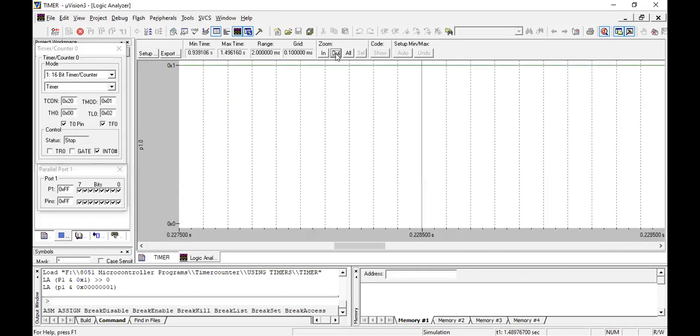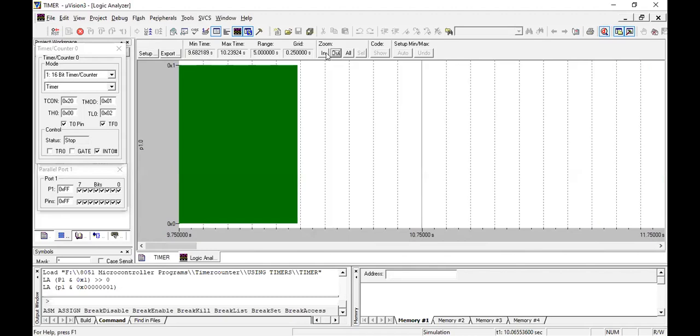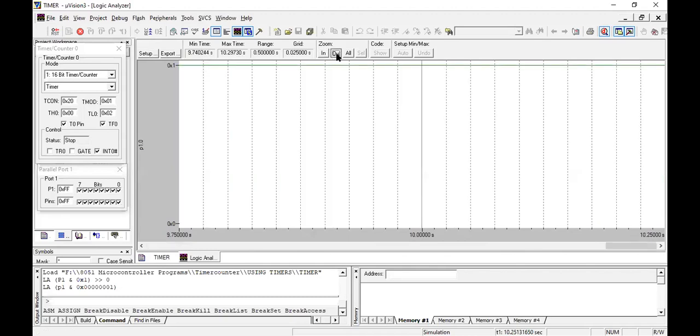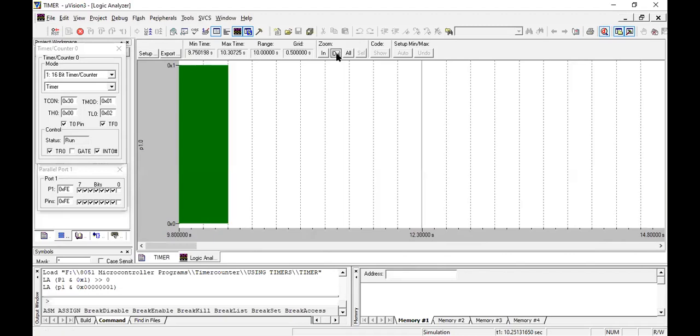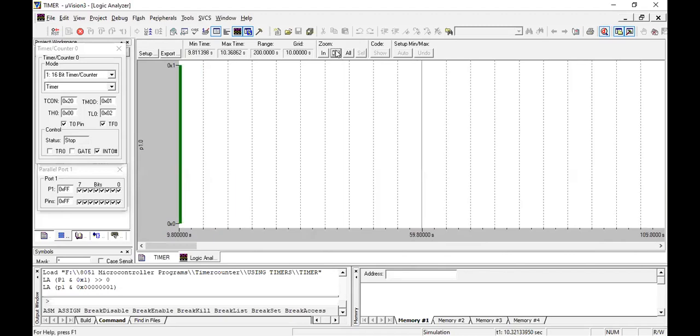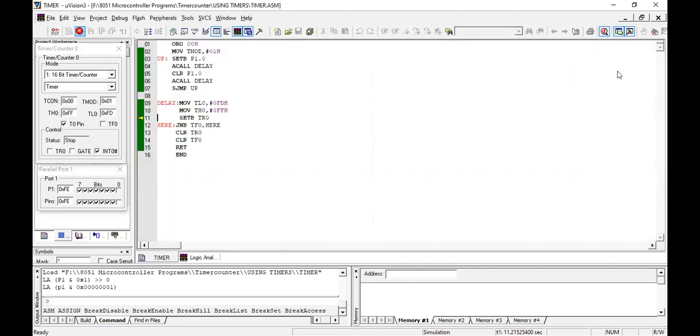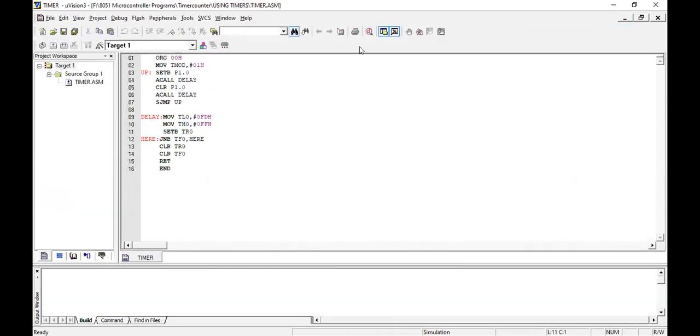So you're getting the square wave every time the timer is running. For one second, here I gave some smaller value.